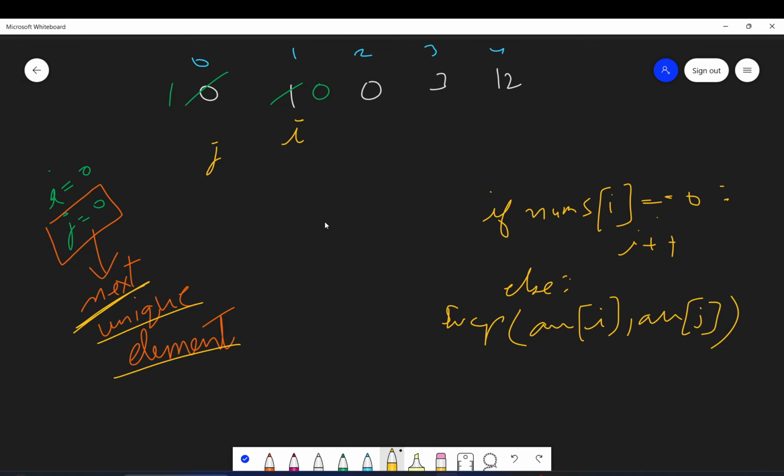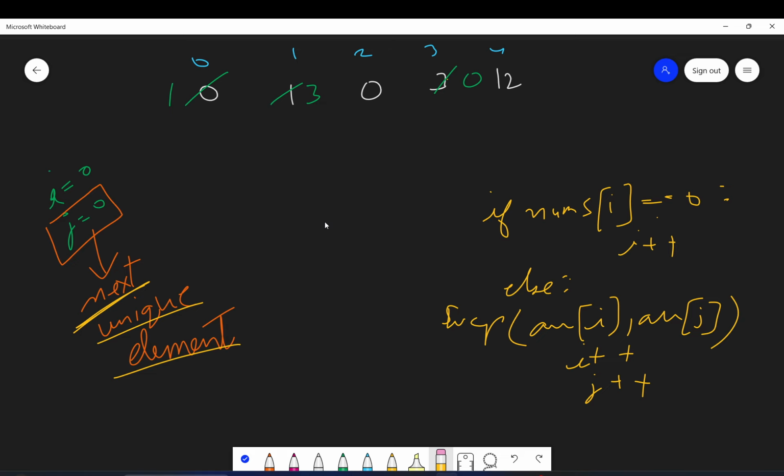And after that, here we will do I plus plus and j plus plus, because I should also move ahead, and j, since j has now unique element, next j position should be 1 index ahead. Okay. So j plus plus and I plus plus. So j will come here and I will go here. Now I is again 0. So we will move it ahead if condition. Then I is non-zero. So we will swap it with the j. So here now 3 will come and here 0 will come. And I and j will get incremented.